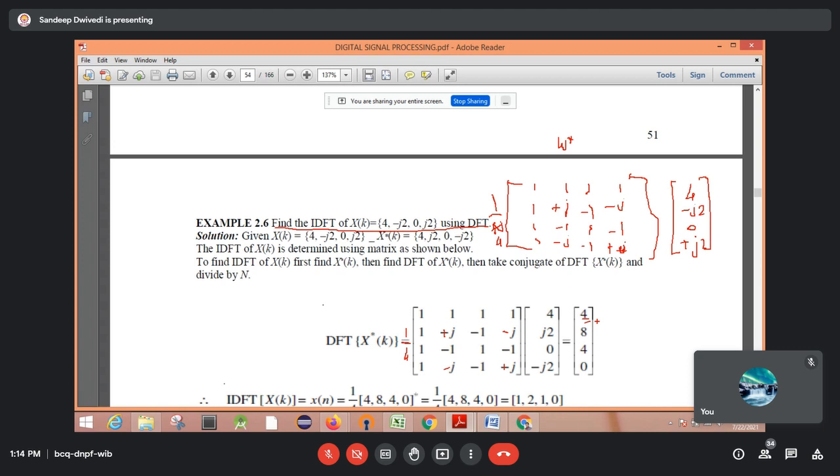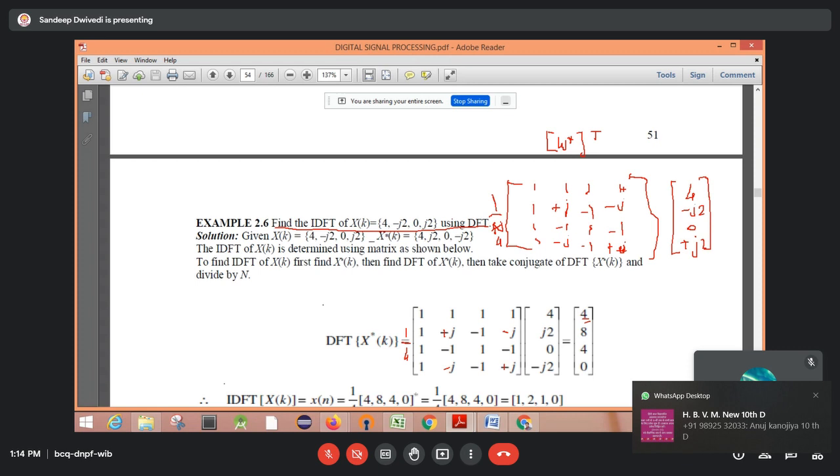Okay, so no issue. In that, after taking this complex conjugate, you can take the transpose. Transpose means whatever row is there, you write that row in the form of a column. So write this value, then the second row you write like this in a column, then the third one. You will get the same answer, no issue. Otherwise, as I am telling you, you can remove the transpose and write the complex conjugate, and you will get the same answer.